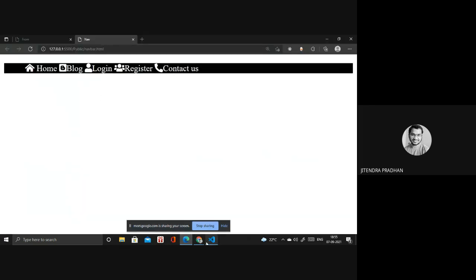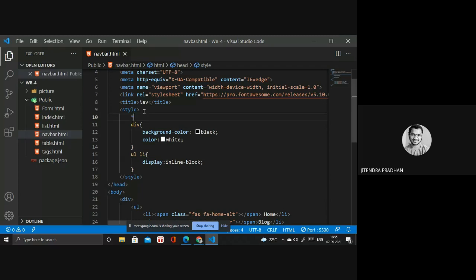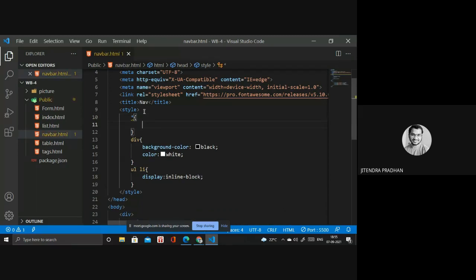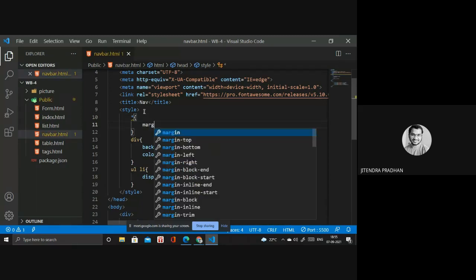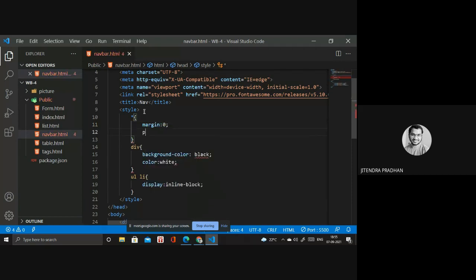Now okay, but I need something bigger. I will show you later, don't worry. So margin 0 pixel and padding also 0. Let's see how it works.